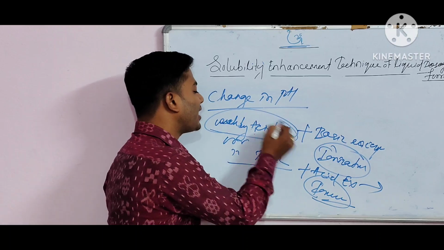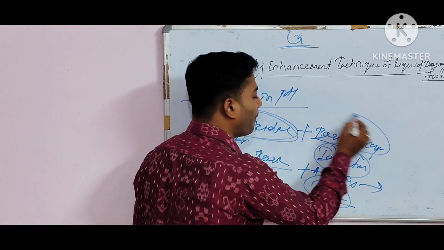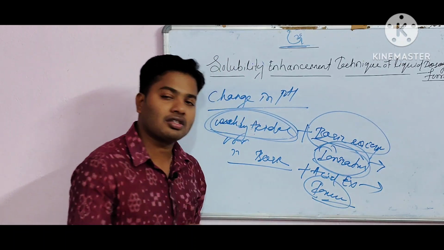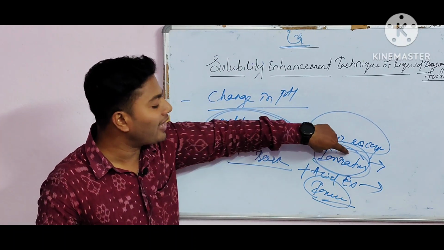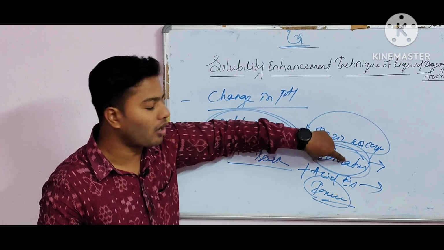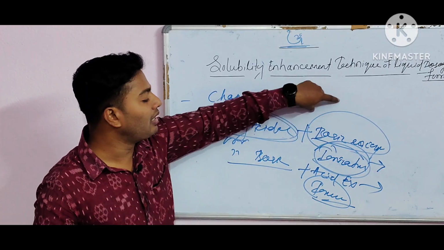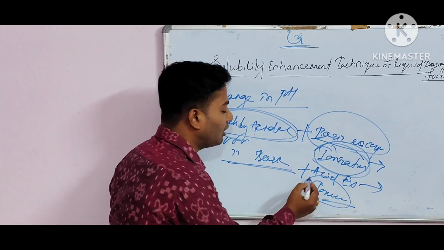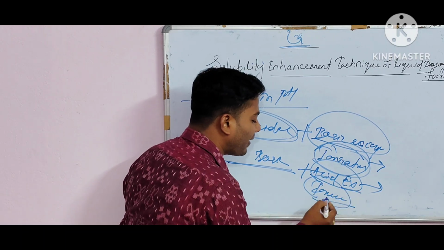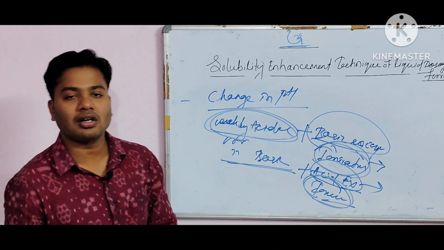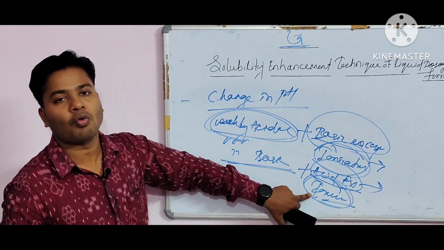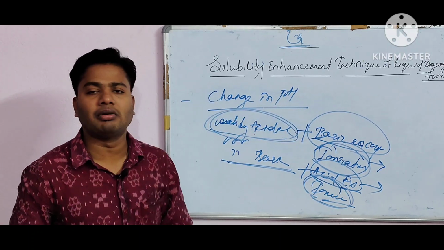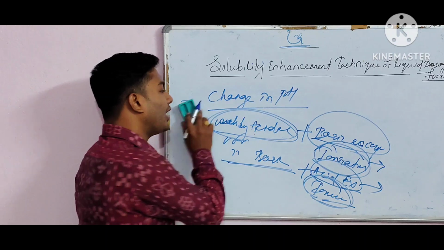Now if the drug is acidic and you add some basic excipients, then it converts into the ionized form, and that ionized form is highly soluble in water, and it helps the solubility of the poorly water soluble drug. If the drug is weakly basic, then you add some acidic excipients and convert it into the ionized form, and that is highly soluble in water. So that is the change in pH solubility enhancement technique. Clear? Next one is